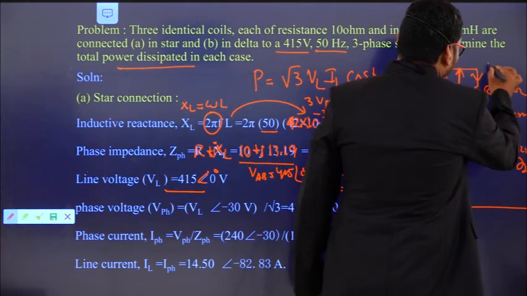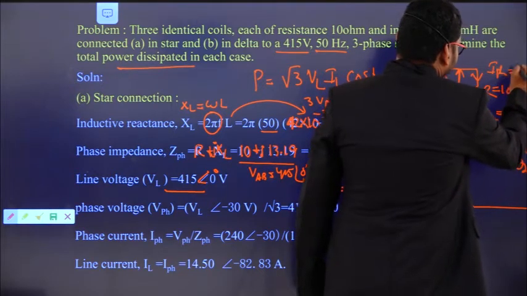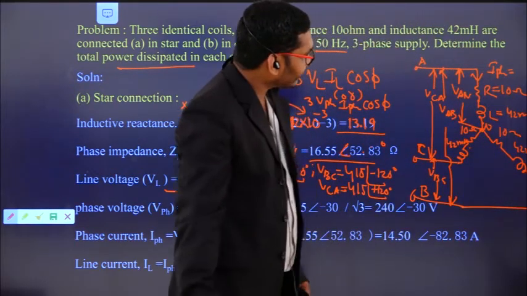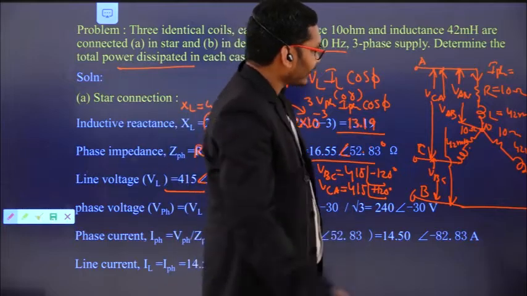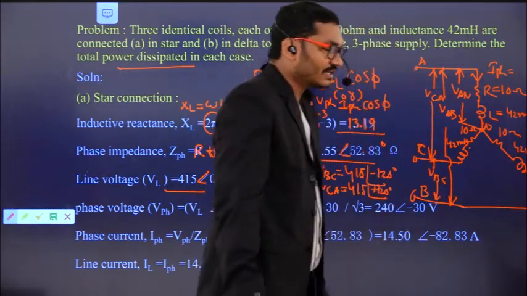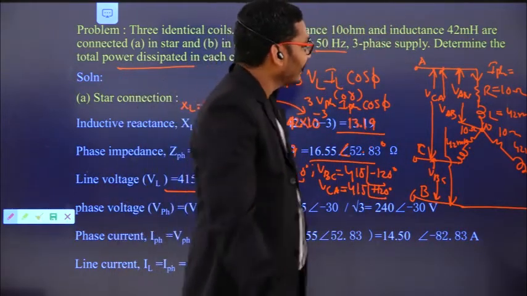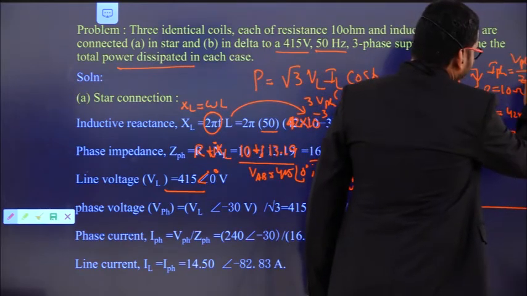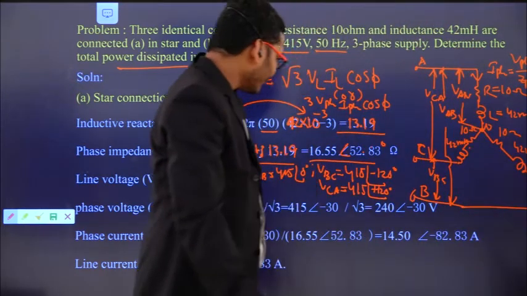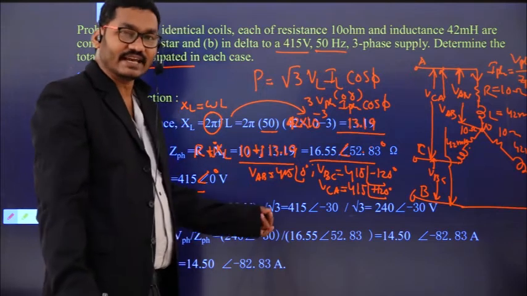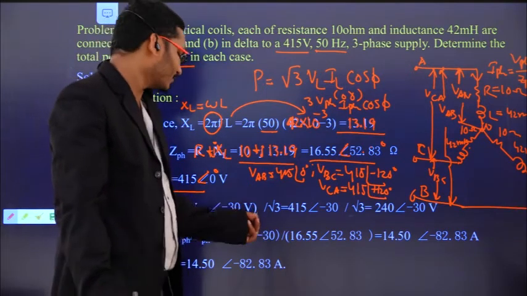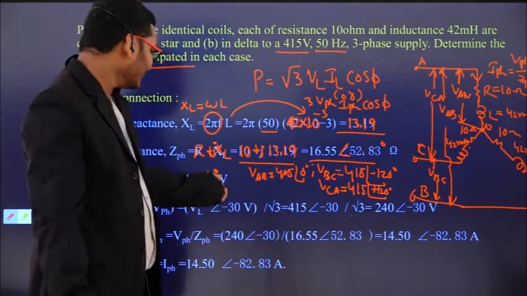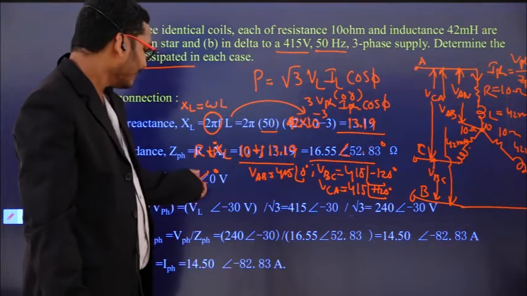If you see, this is the phase current, the current through impedance A, phase A. The magnitude is the same for all cases. That's why I have considered I phase equals V phase by Z phase. For this type of problem you need not consider the angles; you can directly consider the magnitudes. You need not take the angle of 0 degrees, you can directly take it as 415 volts.